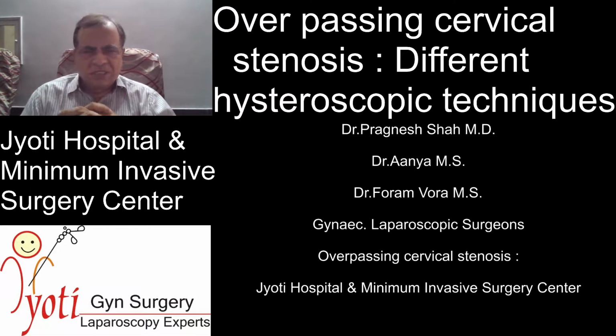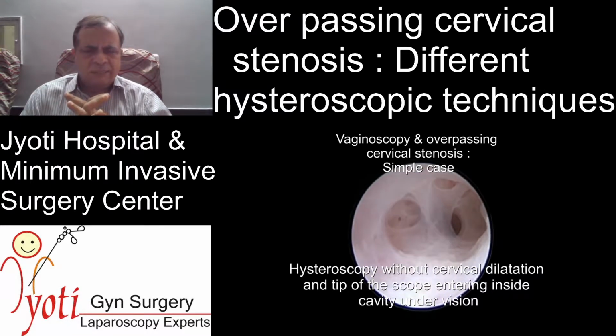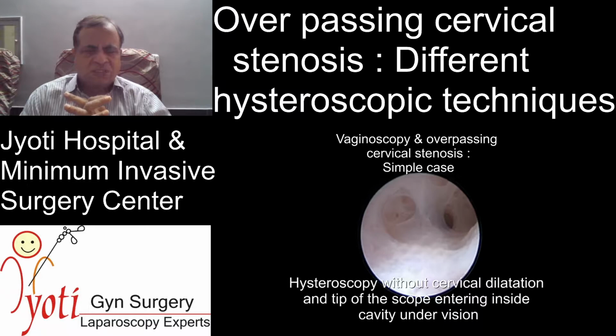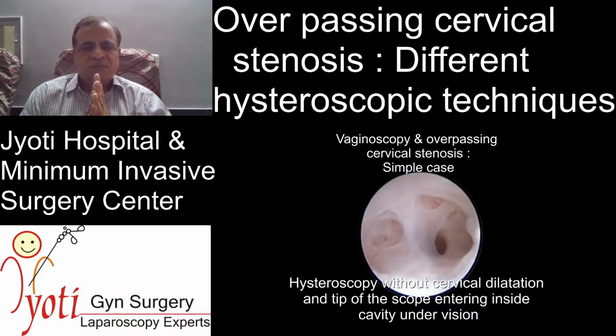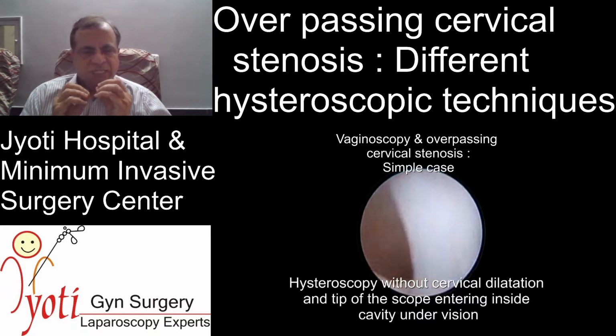Overpassing cervical stenosis. I'll be showing you different hysteroscopic techniques. This is a very simple case with a small size hysteroscope. You can see we have done vaginoscopy, fluid is distending the vagina and now the cervix. You try to introduce the scope, let the fluid distend the cervix,